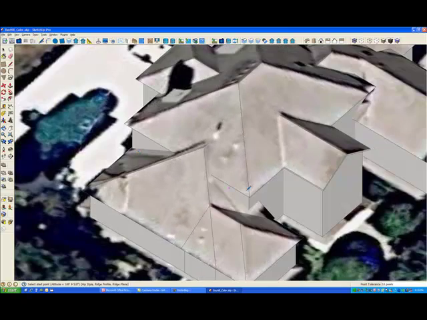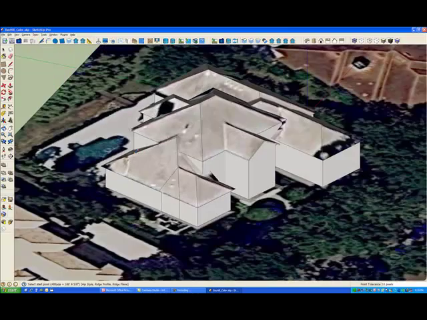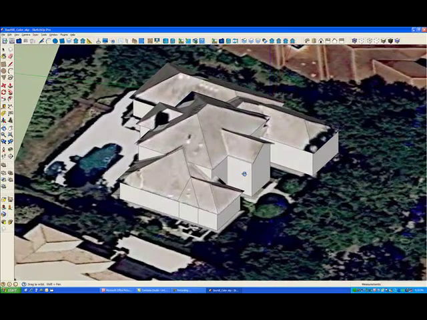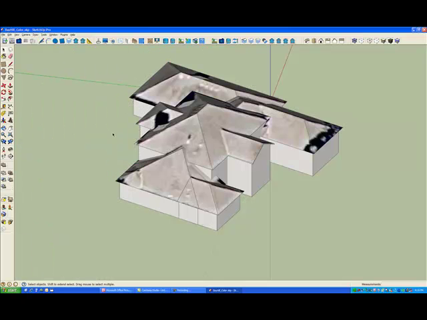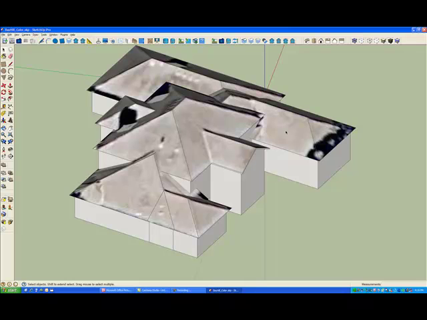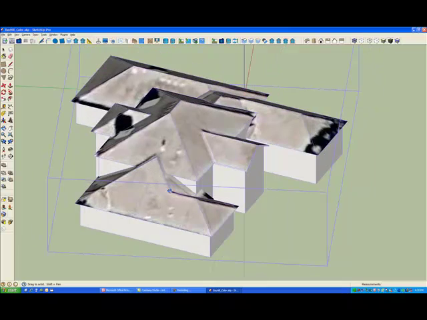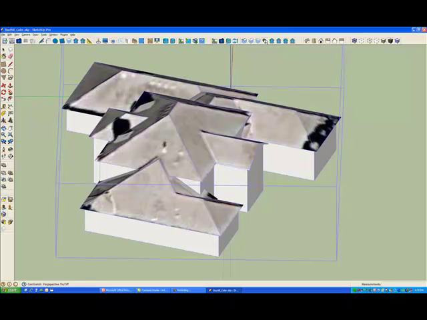So all that, as we built that, we were building our geometry in 3D, and these are all built as separate groups so that we can use the SketchUp tools to perform Boolean operations. In this case we'll use the outer shell tool. Select the main part, this section, this section, this section. Each section is built as a separate group, and the outer shell tool intersects all that geometry and creates it as one contiguous piece of geometry. And we'll turn on the